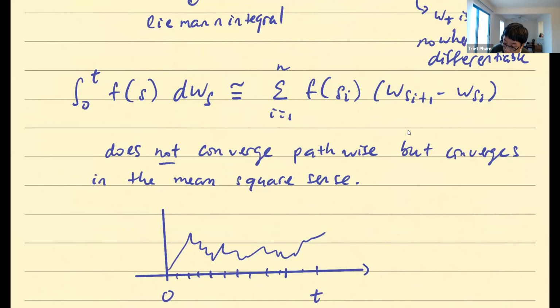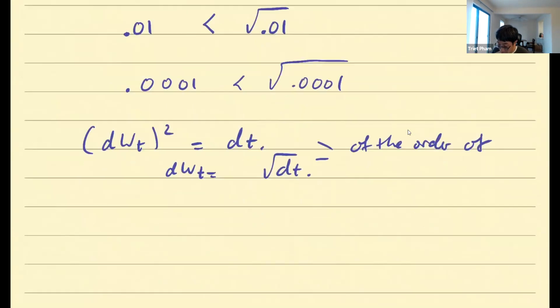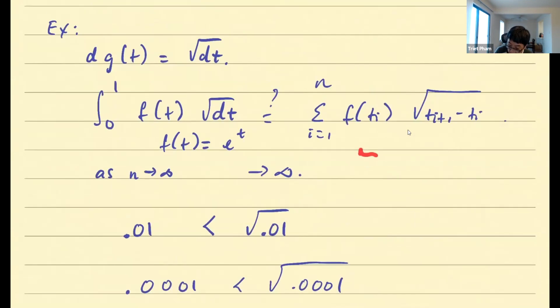So that's why the integral of the Brownian motion form has a different sense of convergence. If you push the path, it will blow up. It won't converge, all right? I will show you at the end of the class on the order of the Brownian motion, with our simulation. It's very easy. But maybe I'll ask you to explore this,